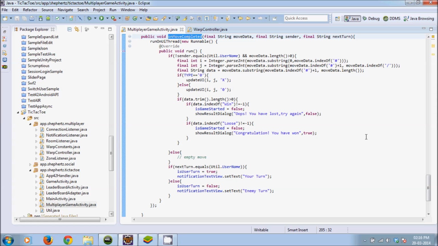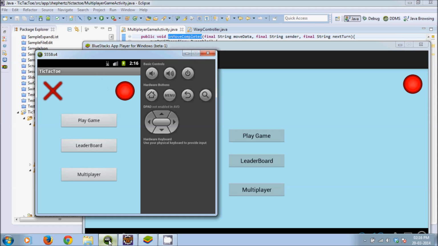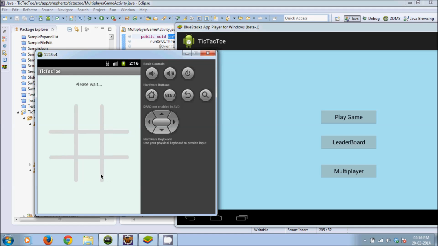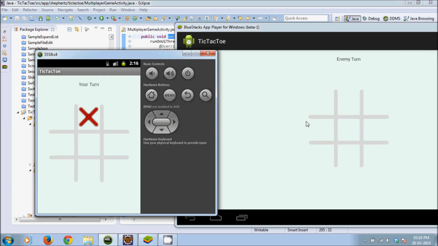There is just a send move method, and handling the send move on your side and on the other side in the on move completed method. The UI rendering part and the core winning-check logic also remain the same. So there is no major difficulty in converting a single player game to a multiplayer game. It seems too easy. So I'm just playing the game again,